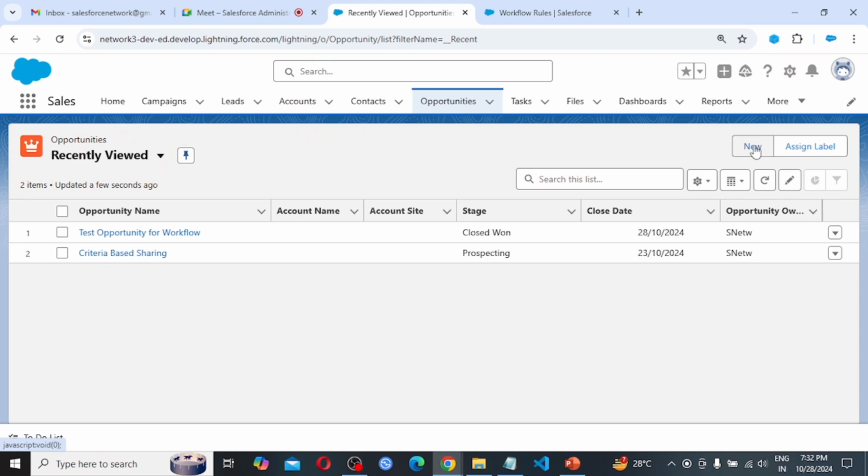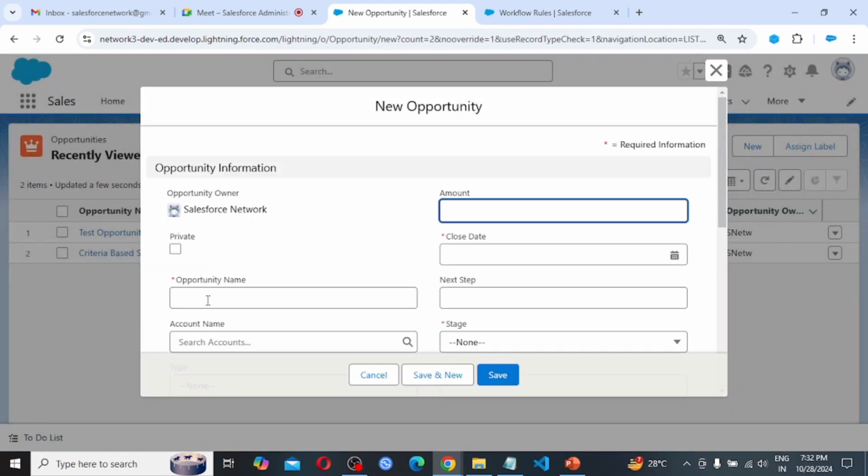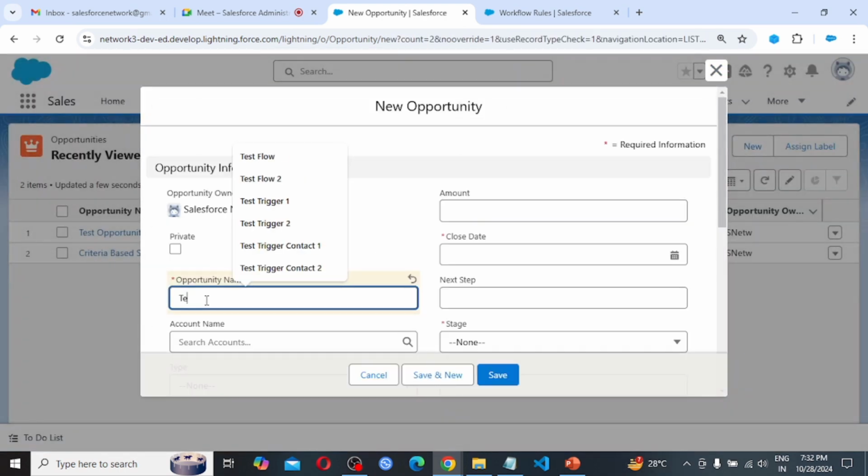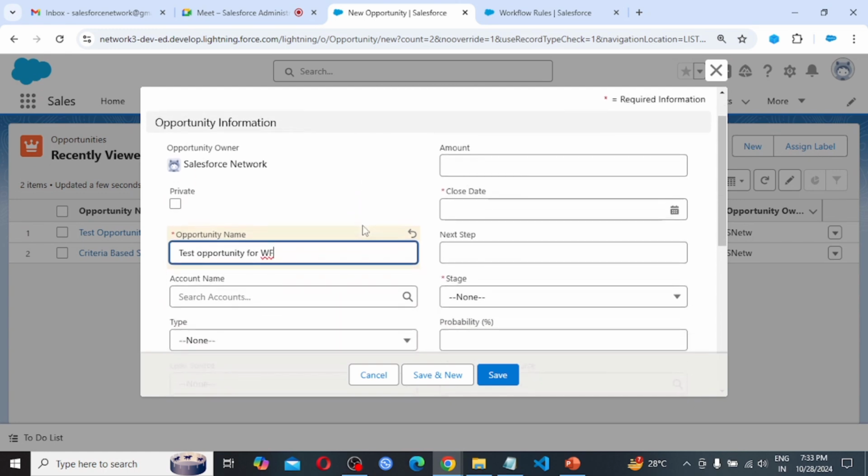So click on new, test opportunity for workflow. So here I am meeting the two criteria.